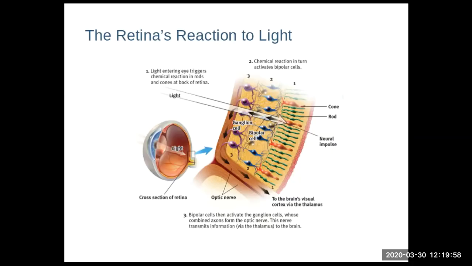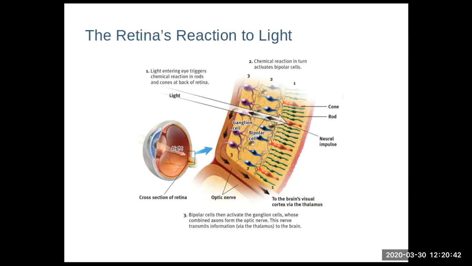When light hits the eye, now we're going to talk about how it turns into a signal and which cells are involved. When light hits the eye, it hits that back layer of cells. There are 2 types of cells named, again, for what they look like. Those are rods and cones. The green ones are rods because they look like rods, and the orange ones look like traffic cones. At least that's what they look like to the first people that discovered them under a microscope. So these rods and cones together are called the photoreceptors. Rods and cones are both types of photoreceptors, and they give different types of information to the brain.